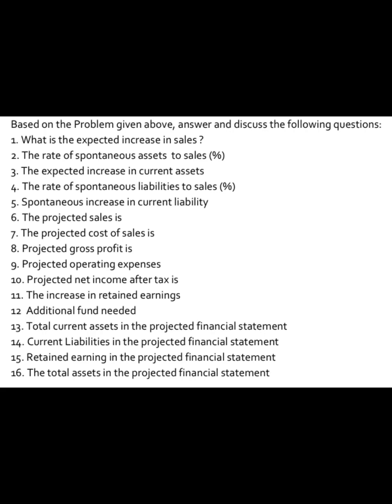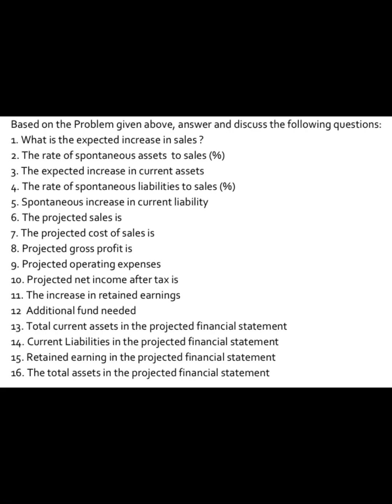For number 13, what is the total current assets in the projected FS? We just need to multiply the current assets, 5,100,000, by 1.15, and the answer is 5,865,000. For number 14, what are the current liabilities in the projected financial statement? Just multiply the current liabilities, 2,125,000, by 1.15, and the answer is 2,443,750. For number 15, what is the retained earnings in the projected financial statements? We simply add the retained earnings of 1 million to the increase in retained earnings, 289,800, and the answer is